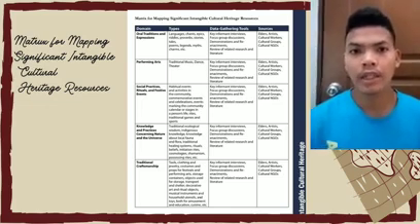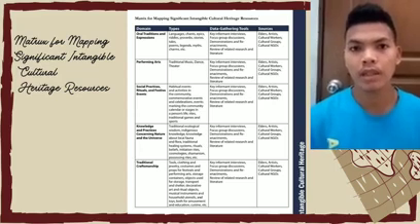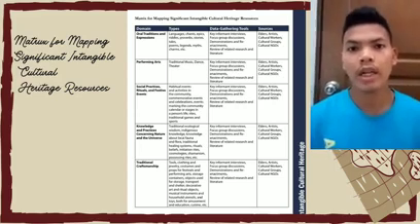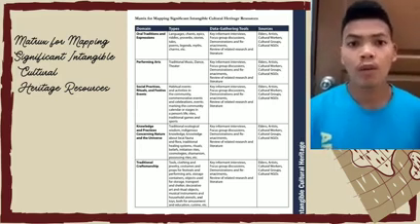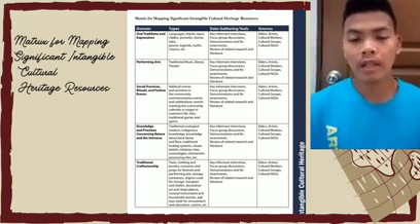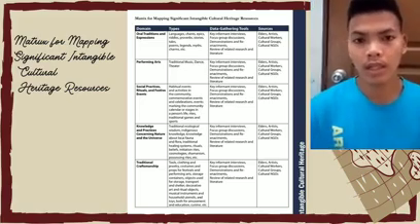In data gathering tools, these include key informant interviews, focus group discussions, demonstrations, and review of related research literature. While in sources, these are the people who are involved or the ones who perform them, such as elders, artists, cultural workers, cultural groups, and cultural NGOs.